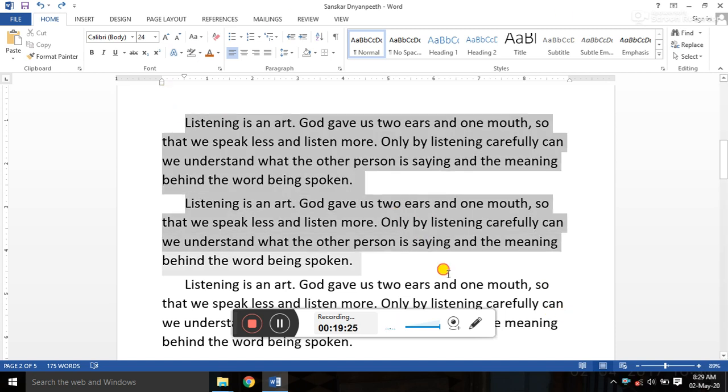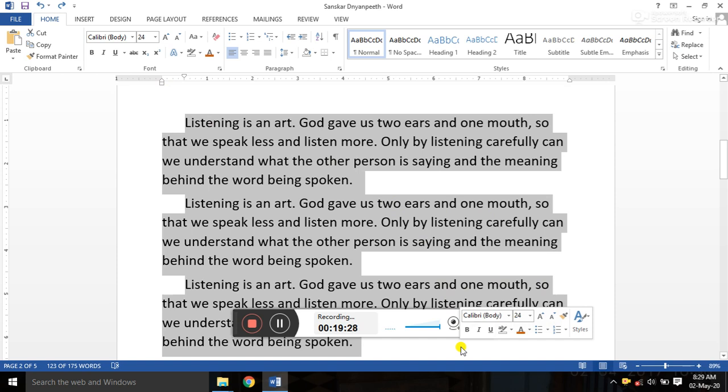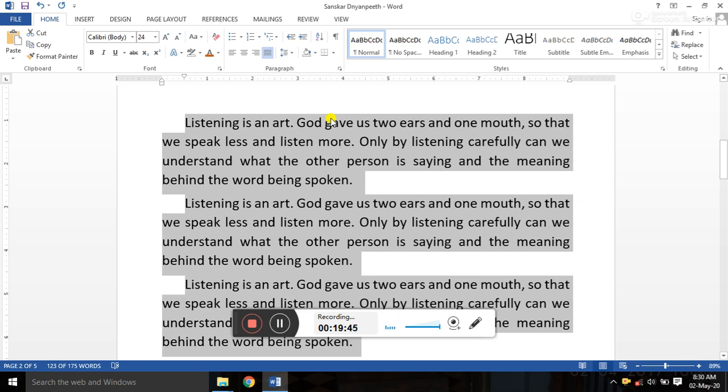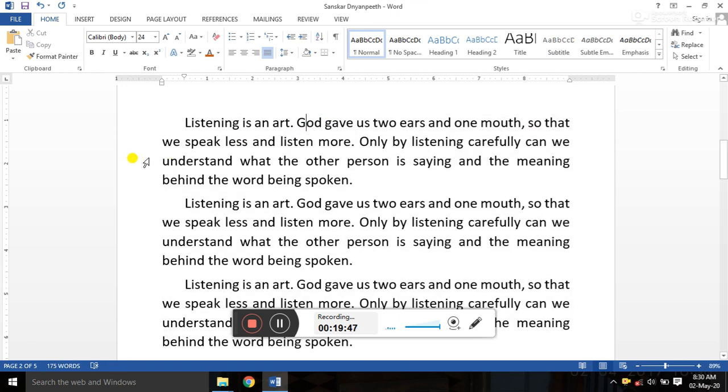Now see, if you want to make that text fit both margins. See student, I am talking about both the margins. This is the left margin and this margin is called the right margin. While selecting the text, once you click on the justify option, your text is fitted to both lines. Now see here, these three words already fit to the left margin, and this is also fit to the right margin.